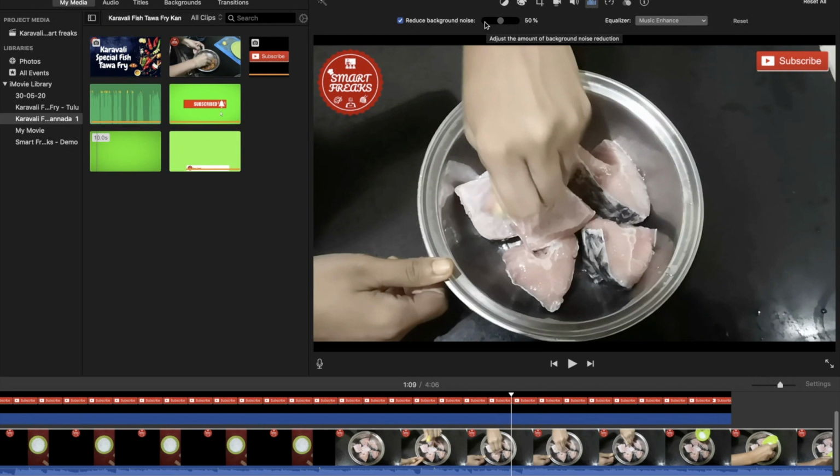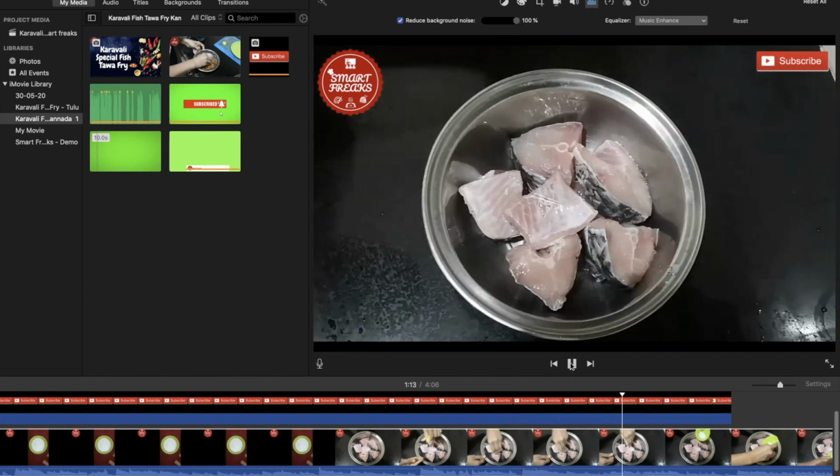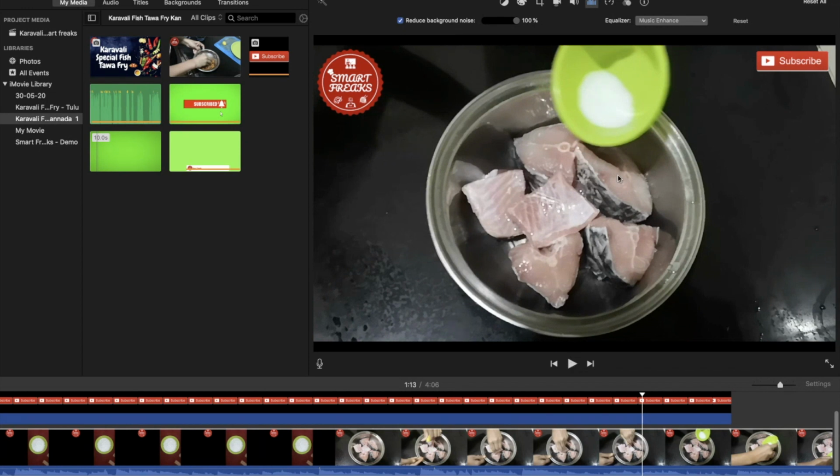Okay, you have added the voiceover, but sometimes in the voiceover you may find some kind of background noise, like suppose a dog barking, or some extra sound like a horn. iMovie gives an option to reduce your background noise, or even provides an option to equalize also. What I mean is, if you want to enhance your audio or the background music, sometimes your voiceover will be very low, so you can enhance it. If you are still not satisfied with the output, there is a very good tool called Audacity, which is open source. Again, you can use that to reduce the background noise.